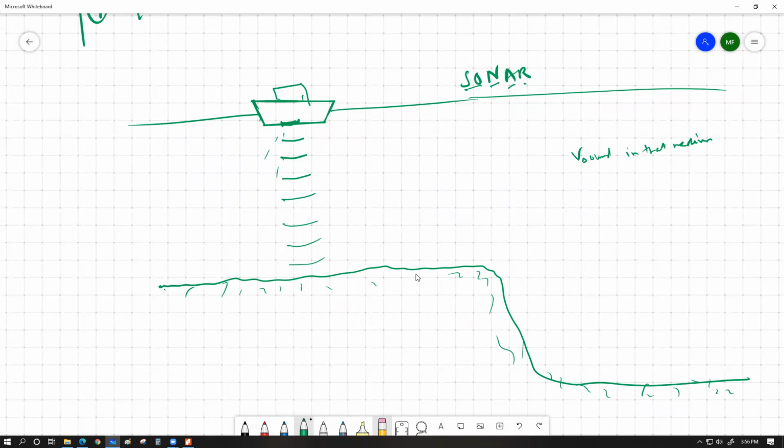So what happens? The sound goes down and gets reflected off the bottom of the ocean, or we call it the seabed, and eventually it will come up and be detected by the same sonar mechanism. Now, one of the key parts is that typically for sonar mechanisms, the physical object which we use to produce the ultrasound vibrations is also used to detect the ultrasound vibrations. Now, this might sound a little wacky, but this is actually possible. The reason it is possible is that